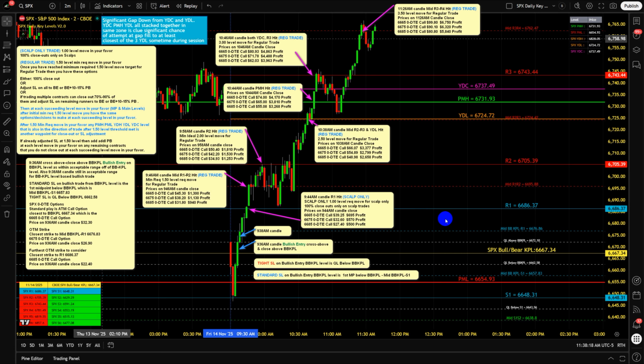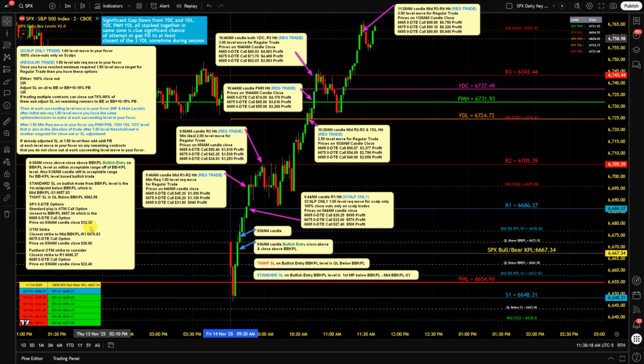Once a trade moves on a regular trade in your favor 1.5 levels, then you're switching to a price-based stop loss based on the price of the option. So for example, if you had this option, once it's gone 1.5 levels in your favor, if you're not closing out all of your contracts and you're instead either scaling out, and because you have multiple contracts you're doing a stop loss adjustment on your remaining runners,